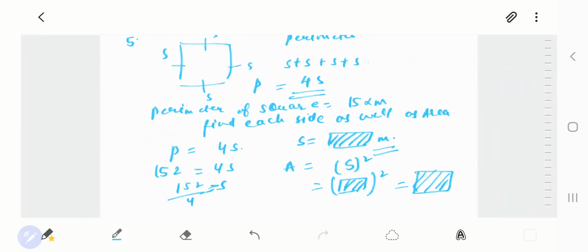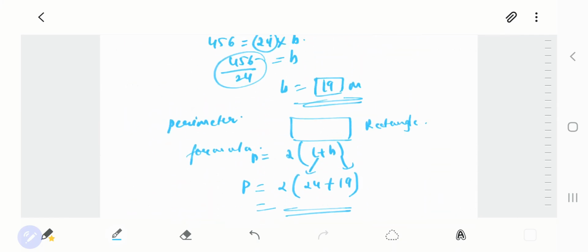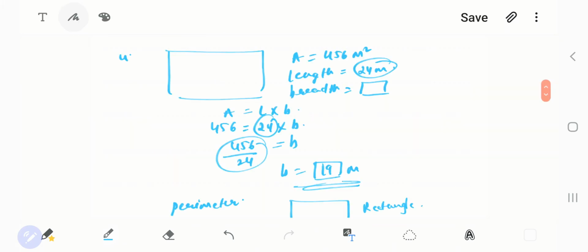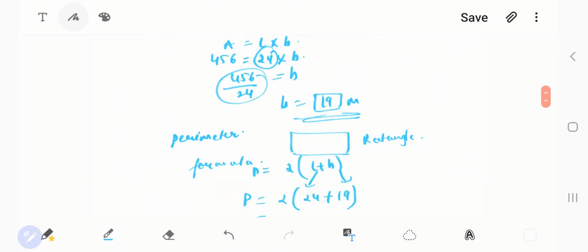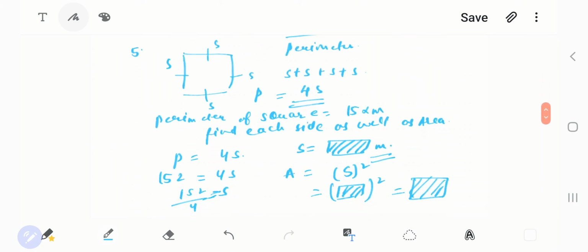So you will take the square of this side, and that will be the answer for area. In these problems you must have noticed, in the previous problem also, there was a combination of two problems together. In the previous problem you were given the length, you found the breadth, and once you had both, you found the perimeter, because that was the requirement of your question. Similarly, in problem number 5, you have been given the perimeter but the side is missing. I can use the formula for square perimeter and find the side. And once you have the side, you can use that for finding the area.